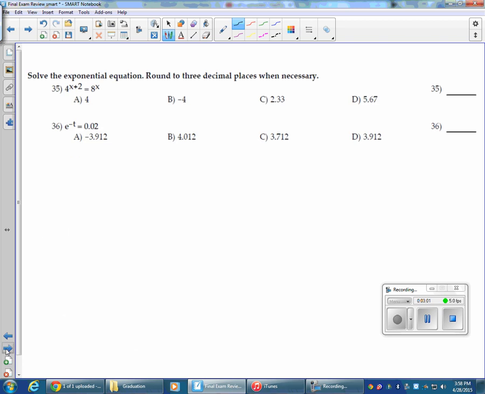Alright, number 35. They want us to solve this exponential equation. You can write them both as powers of 2, and I did that when I solved one similar like this in a previous video review, or you can log both sides, and that's what I saw some of you guys doing. Log of 4 to the x plus 2 equals log of 8 to the x. Alright, move this to the front,